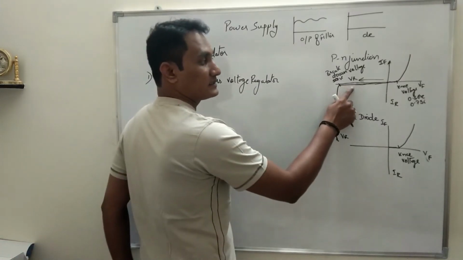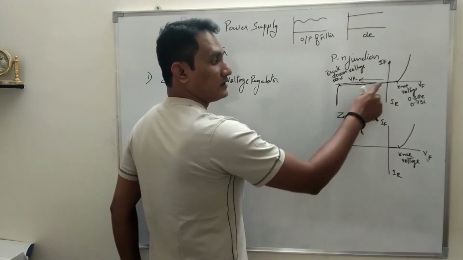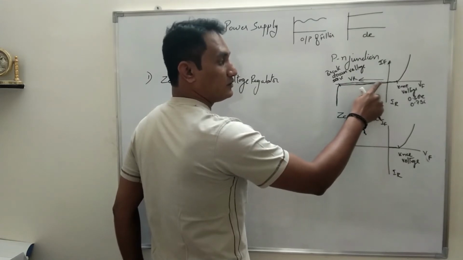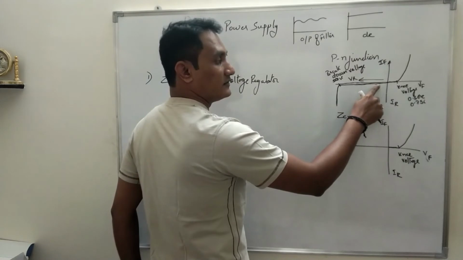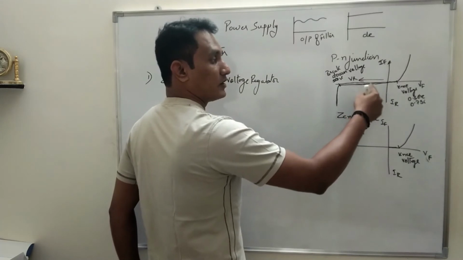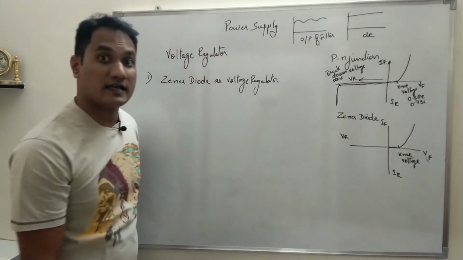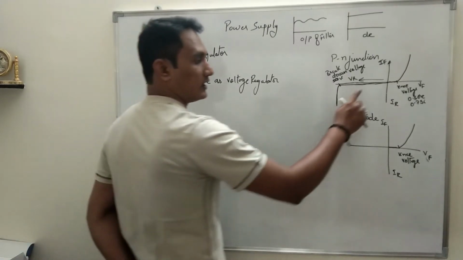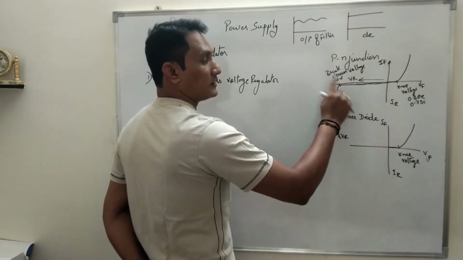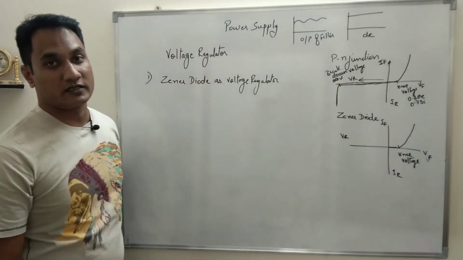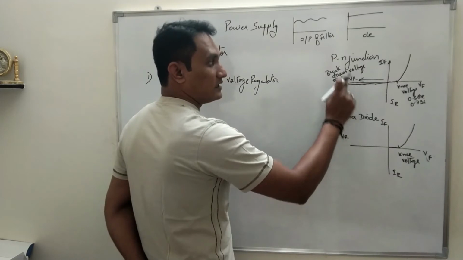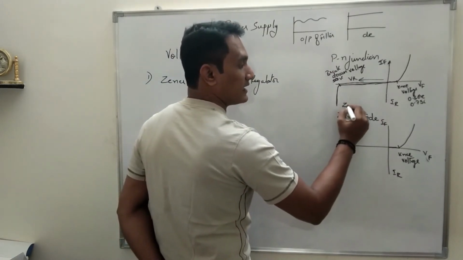What I said about the PN junction diode, when connected in reverse bias mode, there will be a negligible amount of current flowing because of minority charge carriers, and as you keep on increasing the reverse voltage, the kinetic energy of these charge carriers will increase. They will be velocity accelerated and the number of free electrons will keep on increasing. That is called the avalanche effect. And at around minus 50 volt, that is 50 volt reverse voltage, there will be a large number of free electrons available which will take part in the process of conduction. So current increases. The same phenomenon, the reverse bias condition of a PN junction, was studied by a scientist called